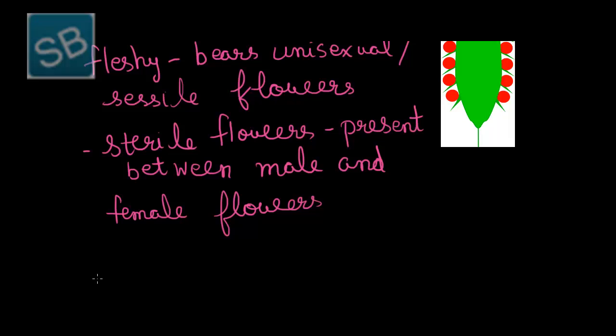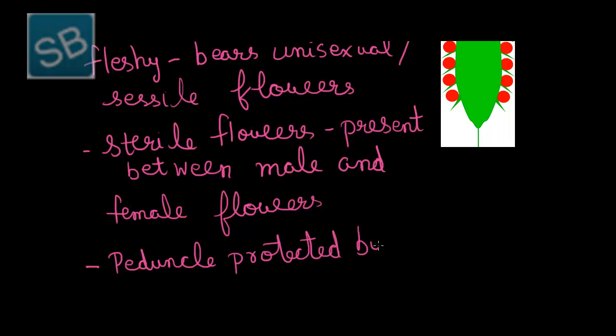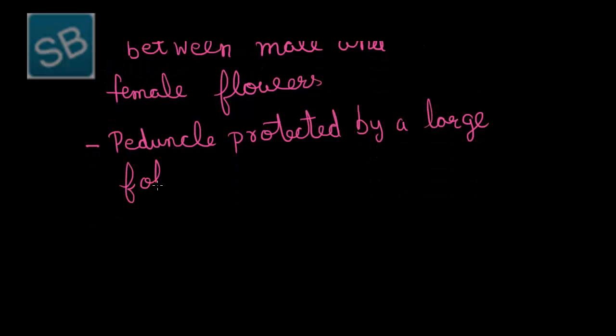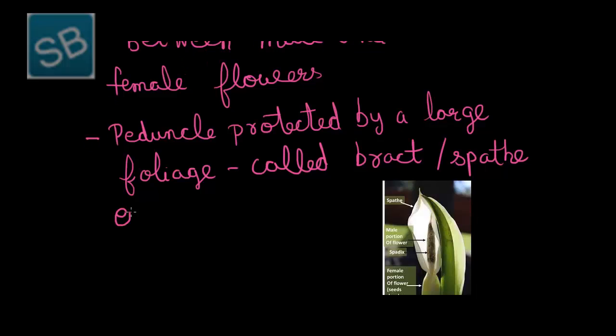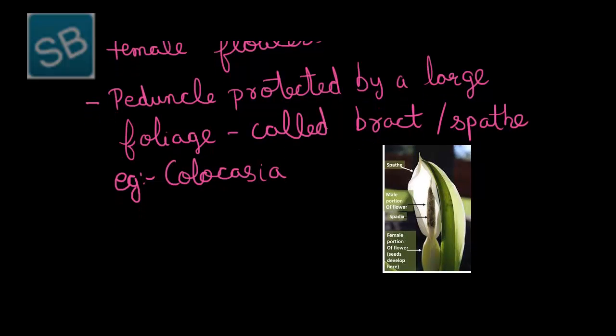Here the peduncle is protected by a large foliage which is known as bracts. It is also known as spathe. Examples of such type of inflorescence is colocasia, which is depicted in figure. As it can be seen from the figure, this spadix inflorescence possesses the male portion of the flower above the female portion, and spathe is present at the top, which acts as a protecting